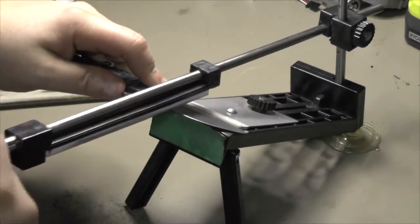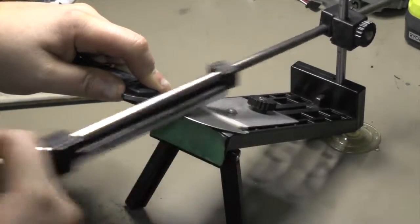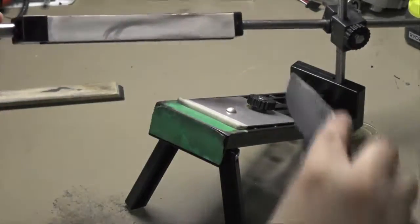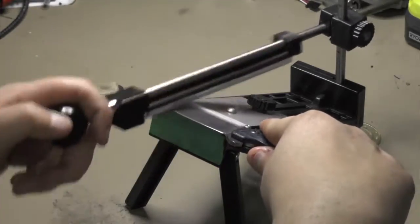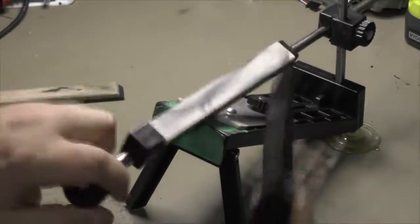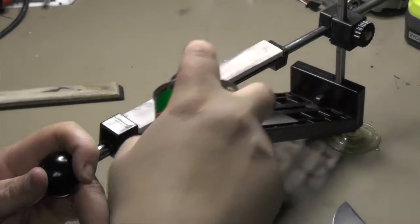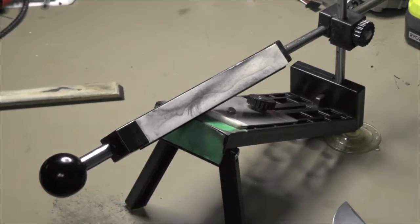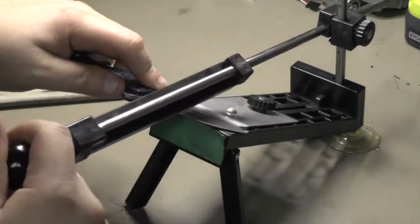Let me count here. Hold on. The base is different. It's got a nice big suction cup now. The dial's a little different. Stuff like that. But does it come down to the same thing, general idea? Yeah, it does. Mine's working great, so there's no need for me to buy a new one. Like I said, just maybe stones. I was going to buy the Edge Pro because the real Edge Pro stones fit on here. Believe it or not, they're almost identical size. But,